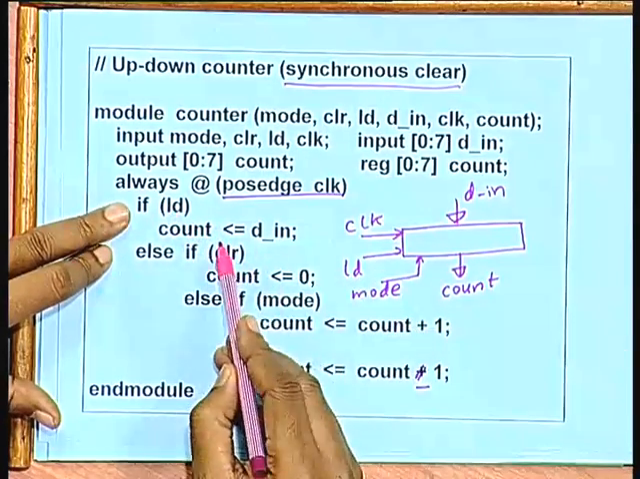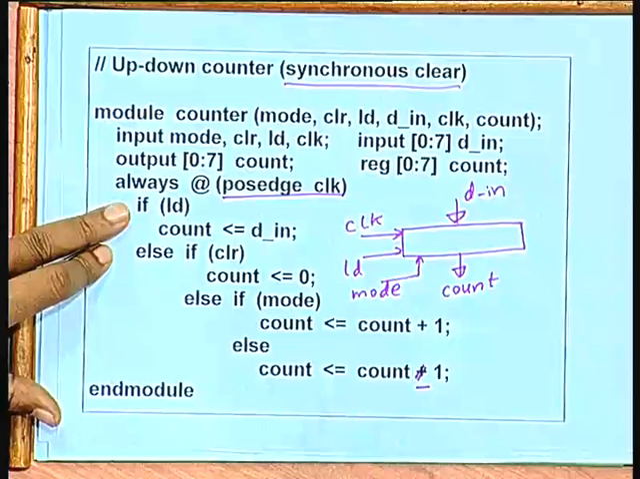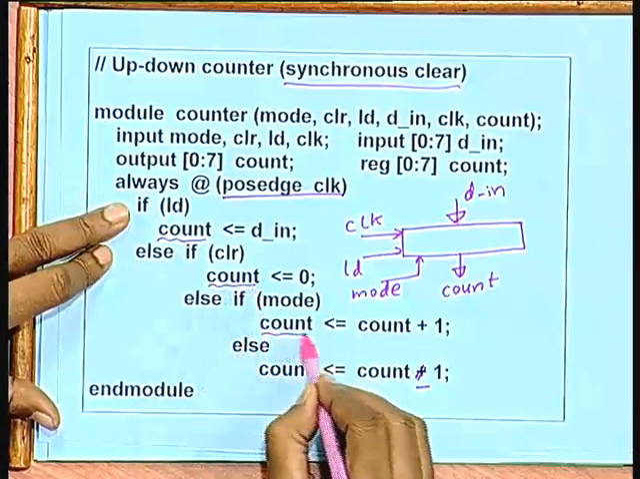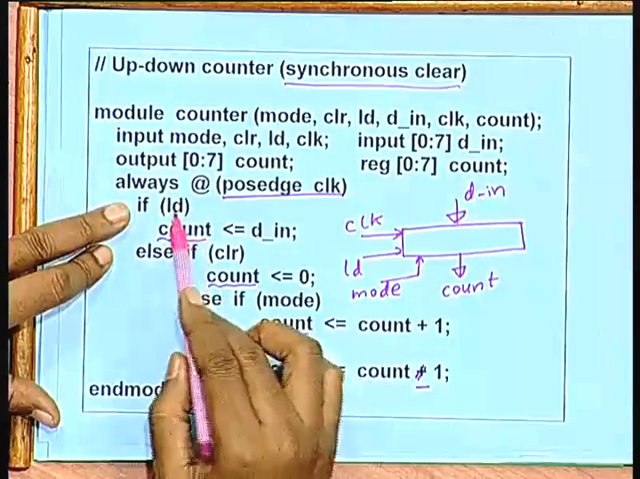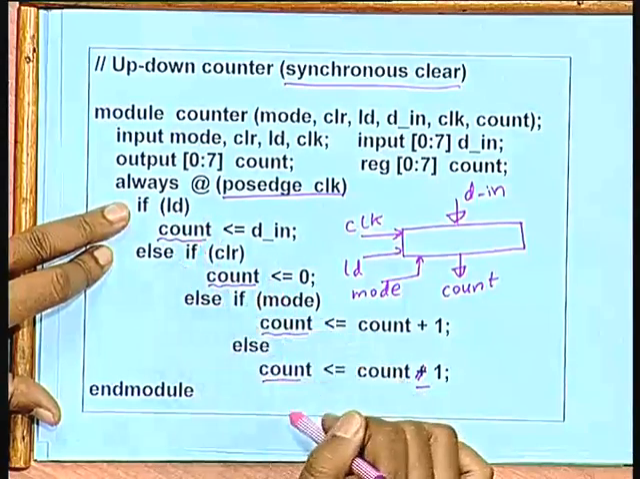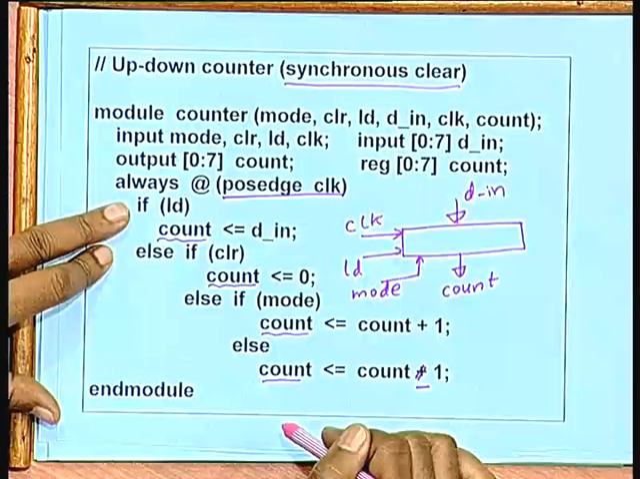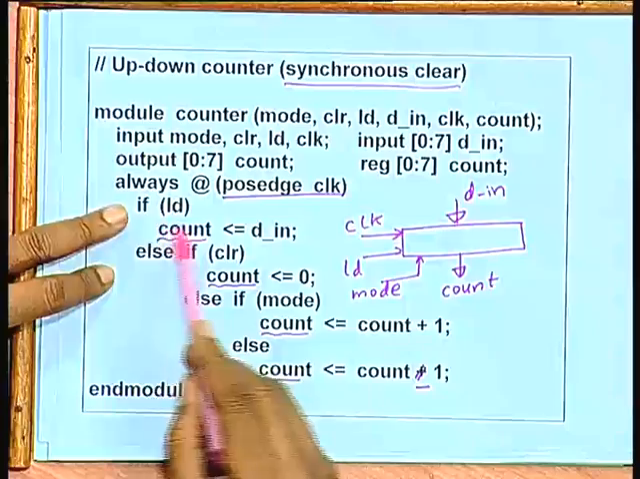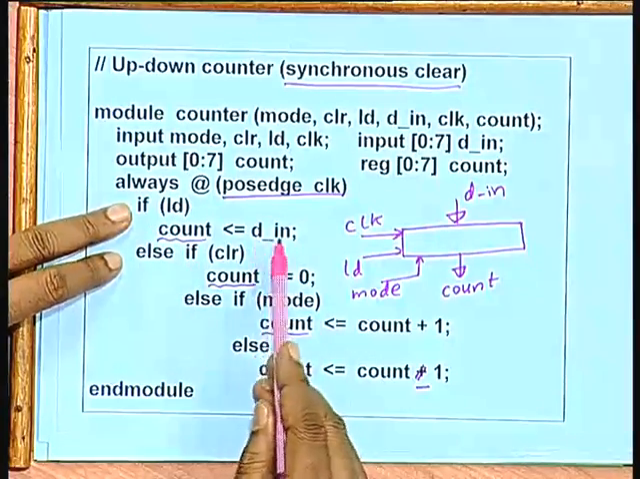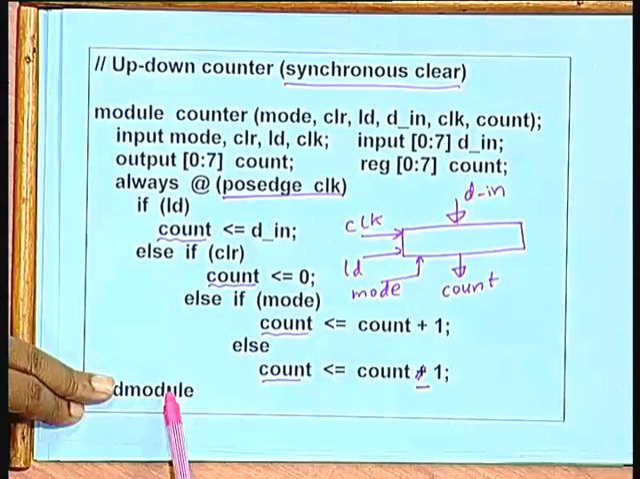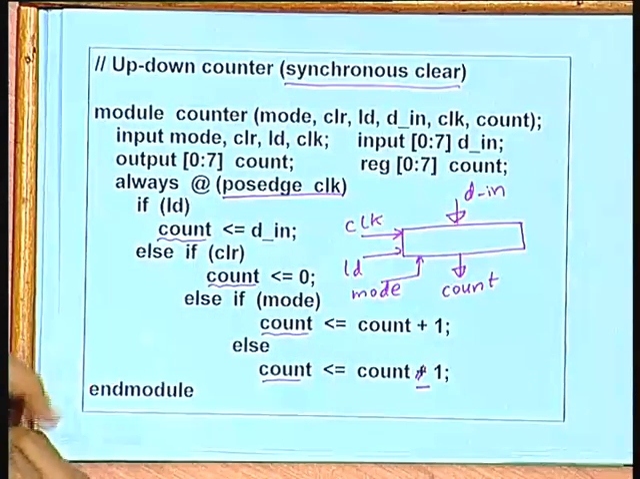And see, here all the assignments are non-blocking assignments. They are all assigning to the same variable, but depending on the values of load, clear and mode, only one of them will be executed. Practically it doesn't make any difference. Depending on the if statement, this will be evaluated, and whatever value is evaluated will go into the count only at the end of the simulation cycle. Fine. This is one example,